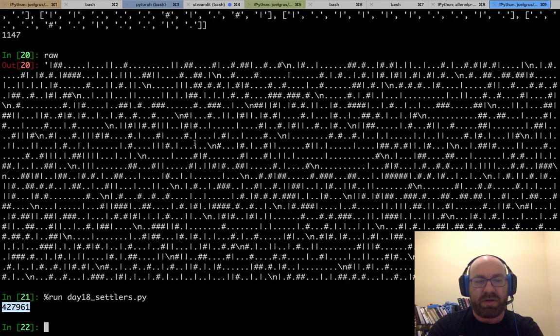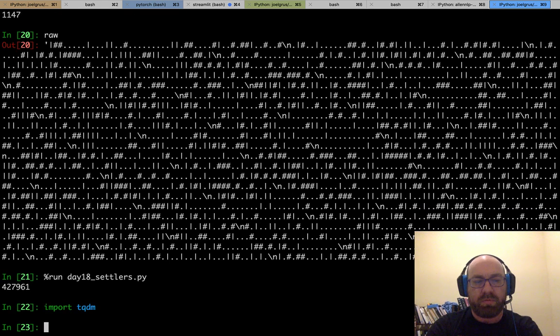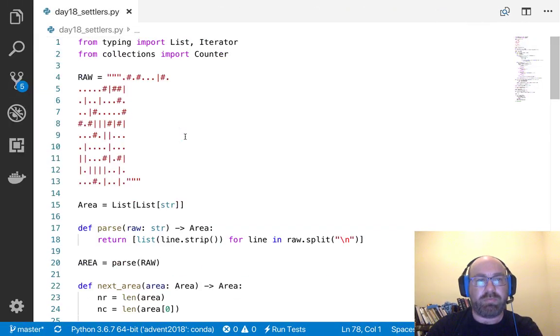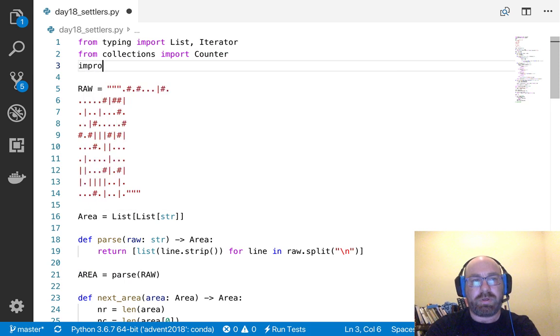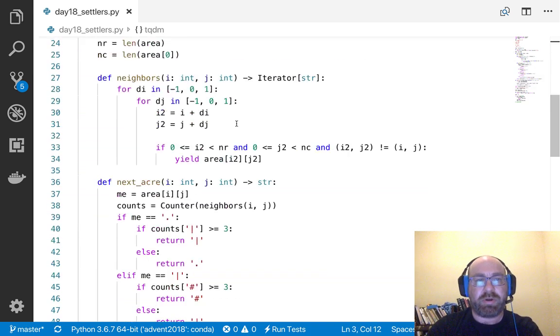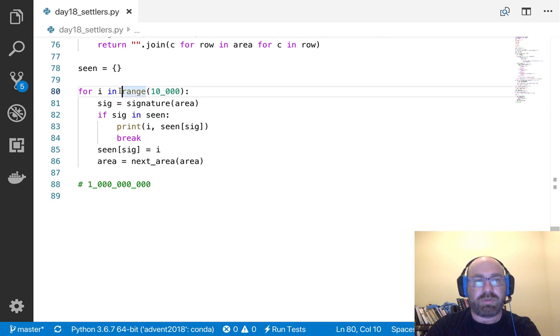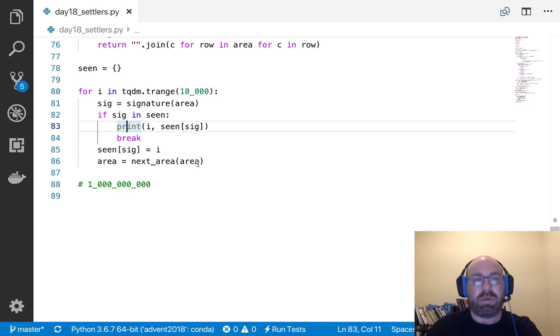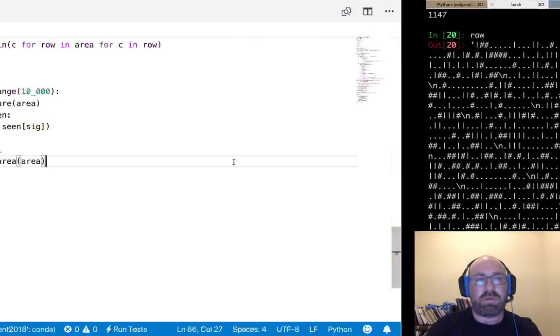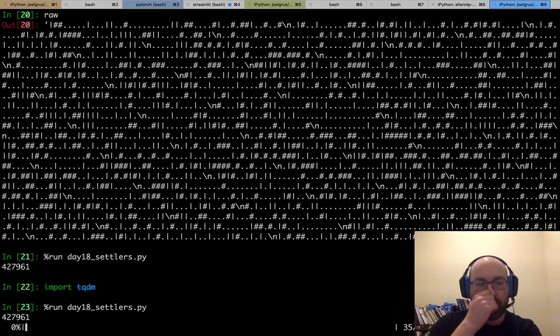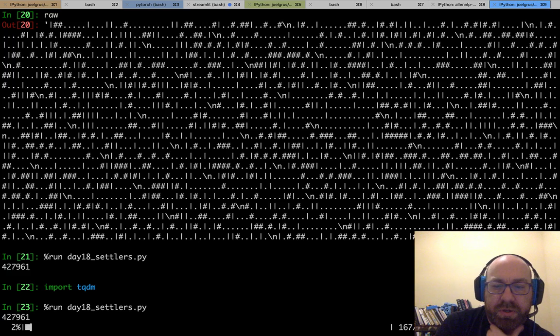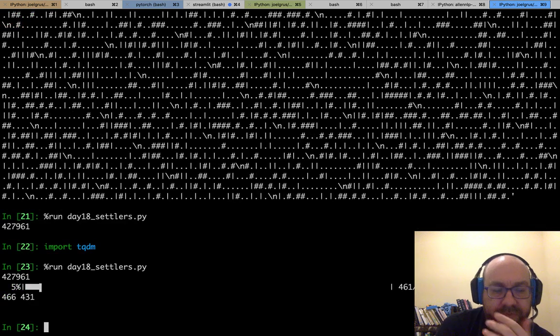And do I have import tqdm? I do, that's good. Import tqdm is like the progress bar library, so it tells me how fast it's going. Let's run this and see what happens. It is running really slowly, and it's not finding repeats. Oh, it is finding repeats. Interesting.